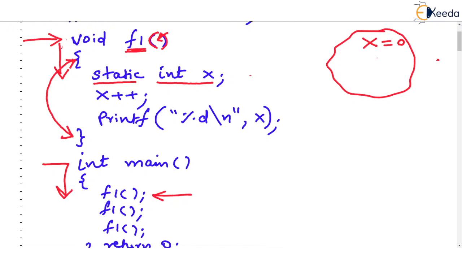Now I am reading the next line of the function, x plus plus. Obviously x plus plus will increase the value of x from 0 to 1. So the new value of x is 1. And I am now reading the third line of the function, printf %d \n x. This will output the value of x, and x is 1.